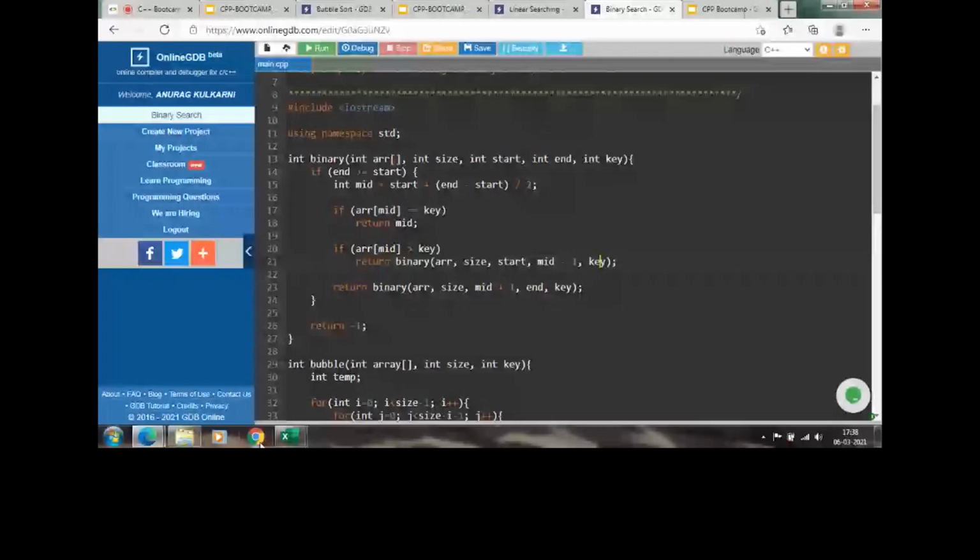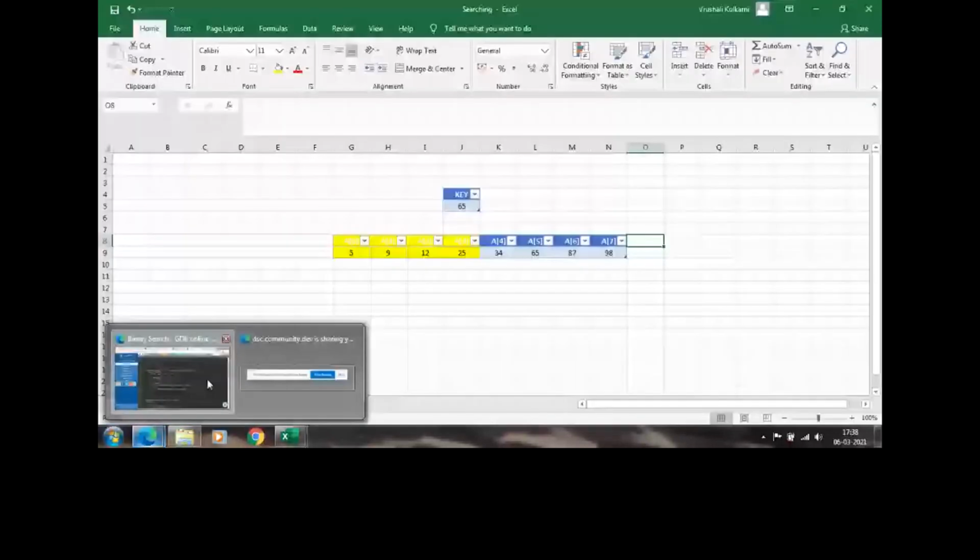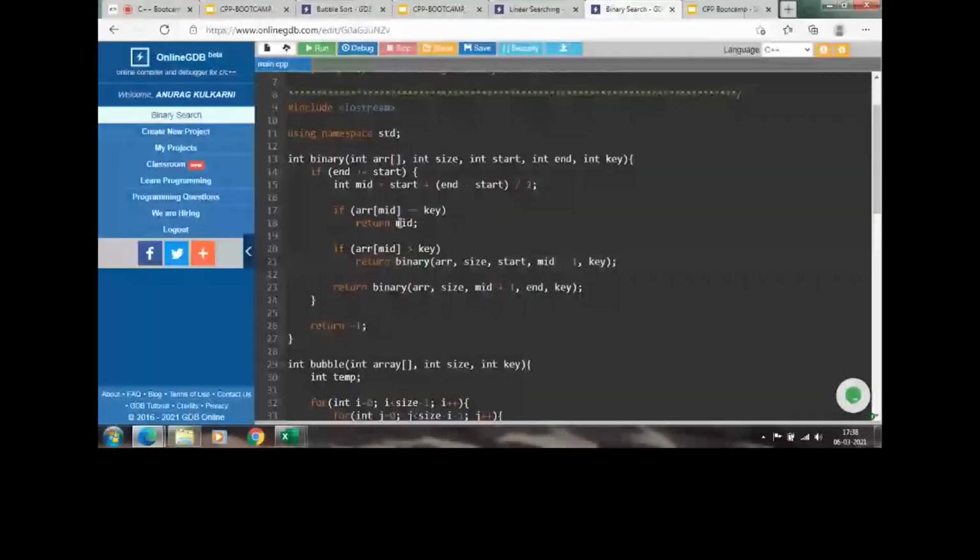That's why we change the start of the array to mid plus 1. That is, we change the start index to 4 and the end to 7, and we again pass it to the recursive function. These processes are carried out again, and if the element is found, we return the index of the key element, otherwise we return -1. So let us try this.